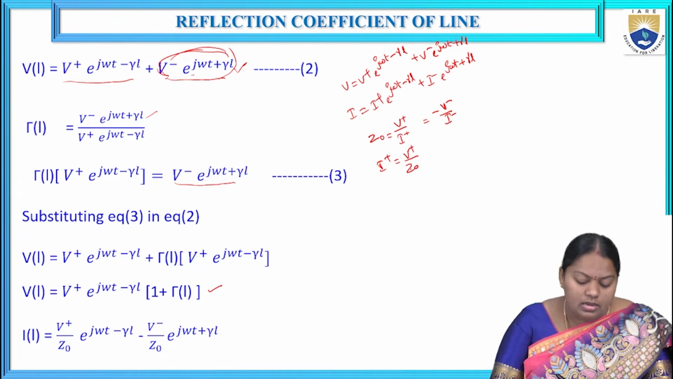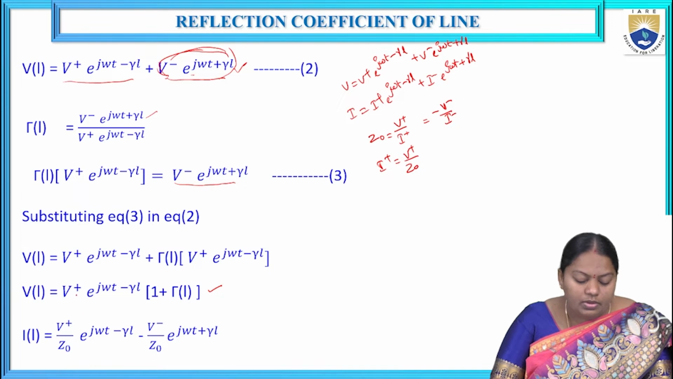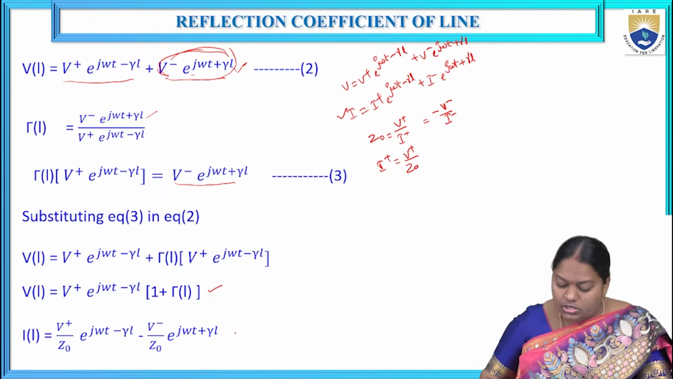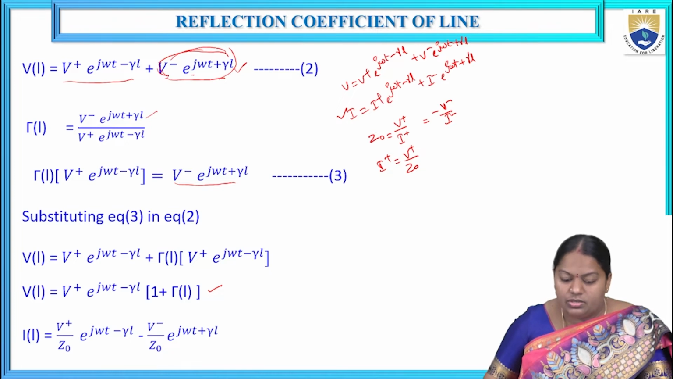Hence, it can be written as, from this equation, I of L is nothing but V plus by Z0 into e power j omega t minus gamma L, minus V minus by Z0 into e power j omega t plus gamma L. Okay. Now, this is another relation. Now, from these two relations,